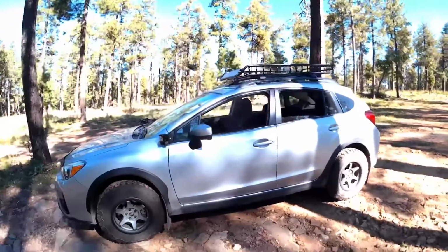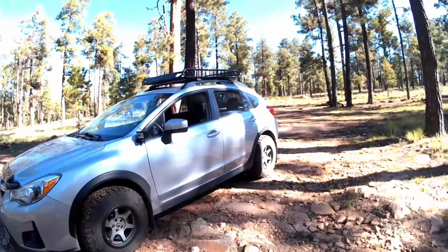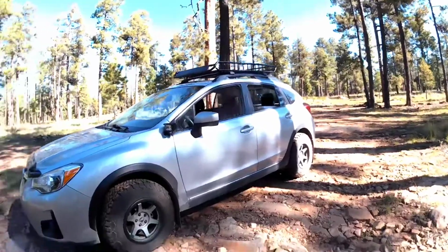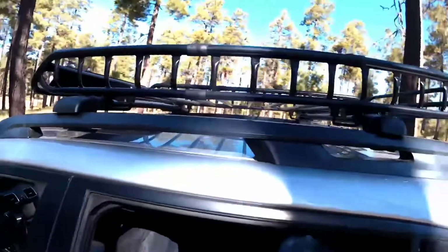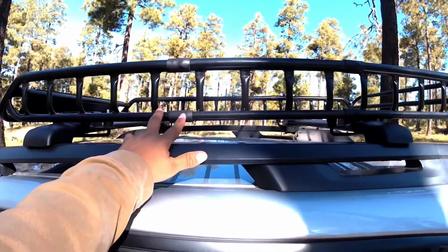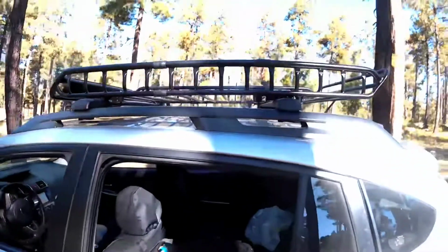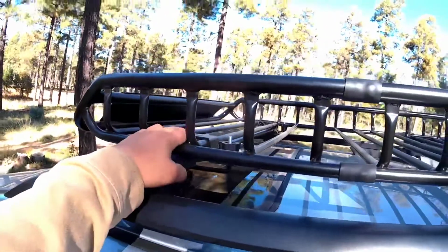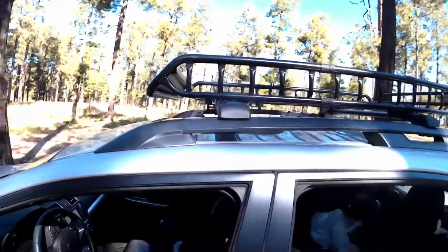I'll probably be throwing a sticker up in the front of that, but I'm sure you guys might have seen other roof basket assemblies, pretty much the same. The center piece, which is the extension here, is what you put the screws into and basically just put it all together. And then here's the brackets that hold them down. As far as the Subaru Crosstrek, I think